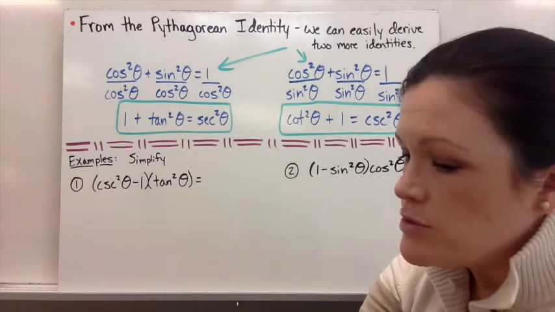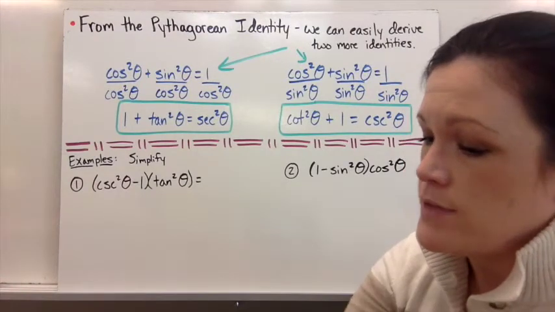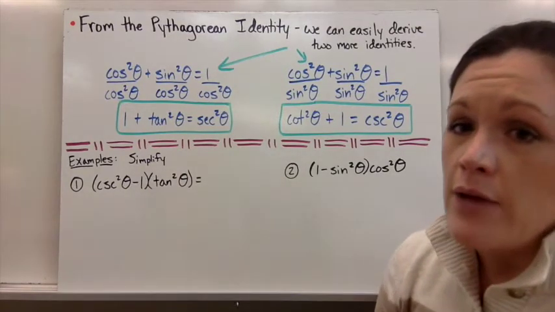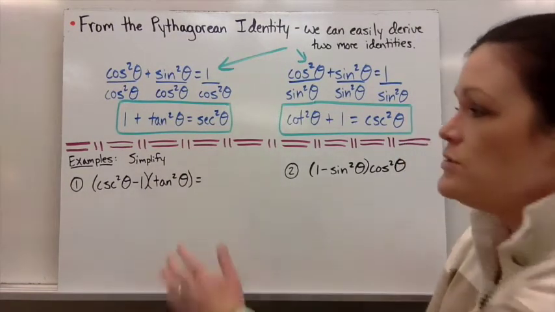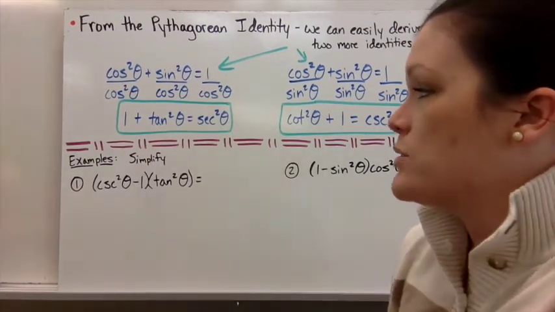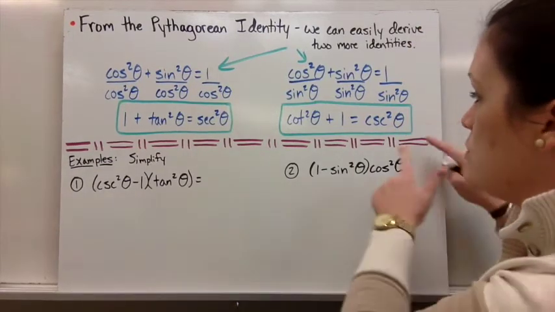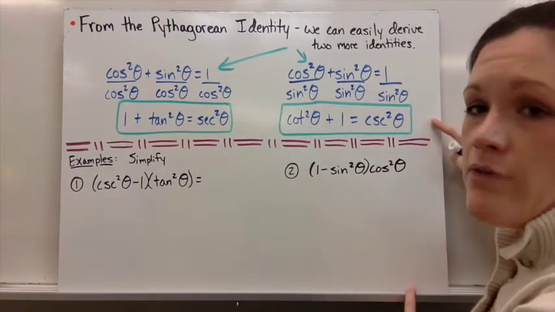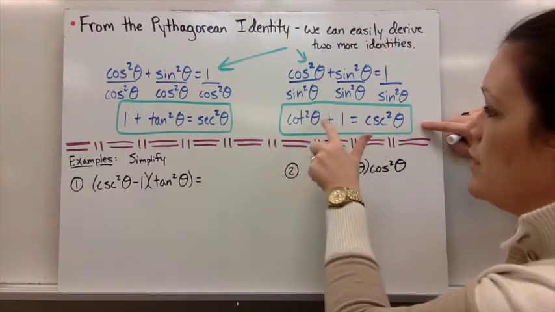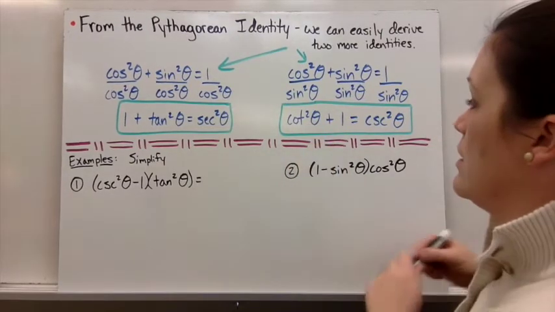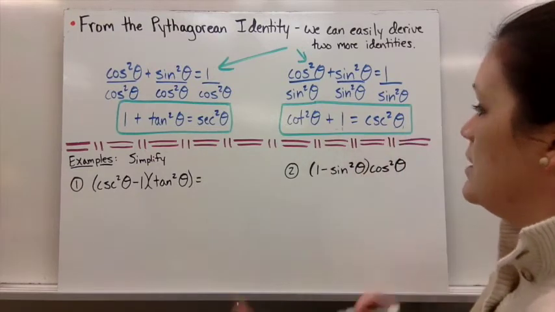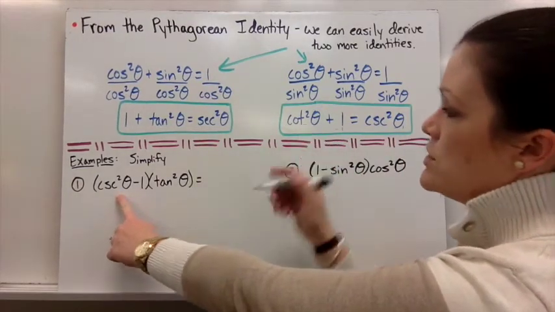So let's just look at a few examples of this. Now there are many variations of examples, but I just picked 4 to give you an idea of what you might see that you need to simplify with the trig identities. So these 2 examples are just to simplify the expression given. So number 1 gave us cosecant squared theta minus 1. So we would need to use the one up here that has cosecant involved, because cosecant squared theta minus this 1 would be equivalent to cotangent squared theta. So I can see right there, if I subtracted the 1, then that's equal to what's left, which is cotangent